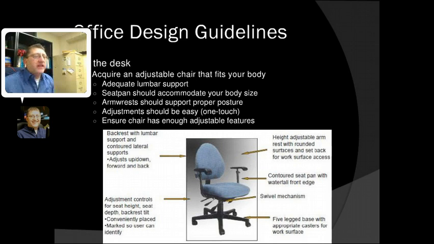You also need your seat pan to be adjustable. People's femur, your upper leg, from hip to knee, that distance varies fairly significantly. So you want your knees to not be resting flush up against the edge of the seat. You want to have a little distance there. So in other words, you want to be able to scoot your seat back in, tilt your seat pan forward a little bit if you need to, adjust it in a variety of ways so that what you sit on